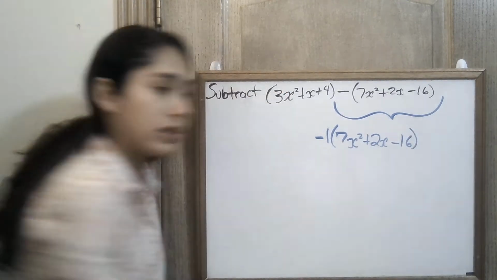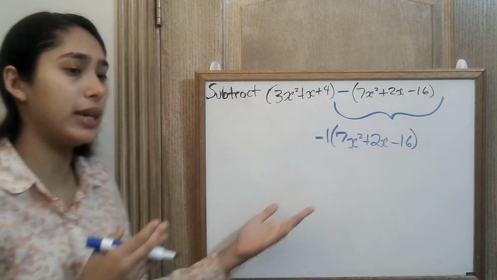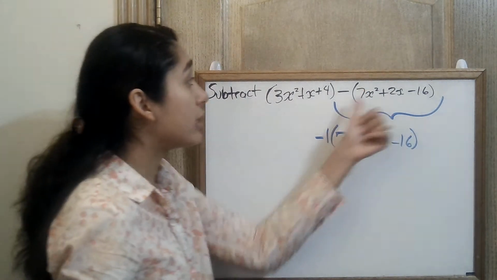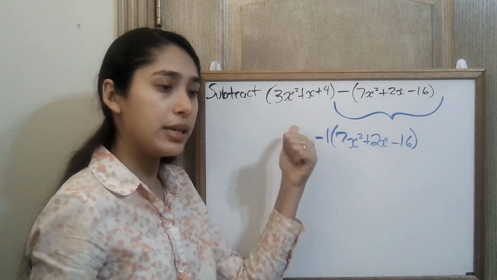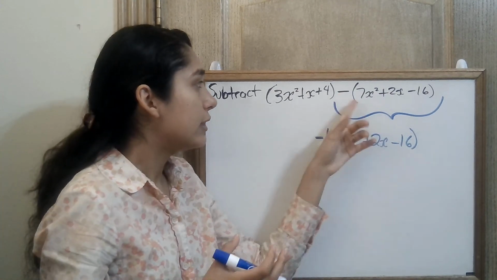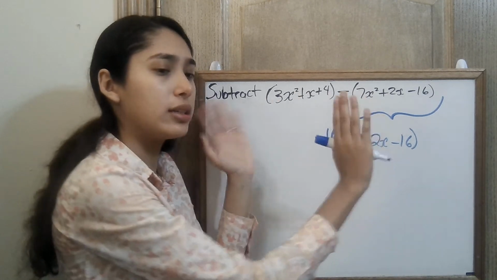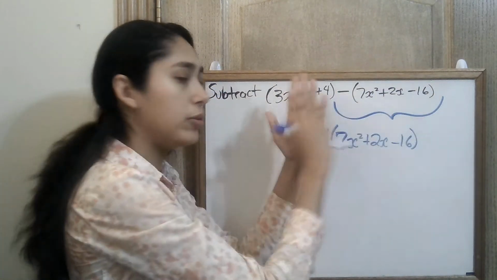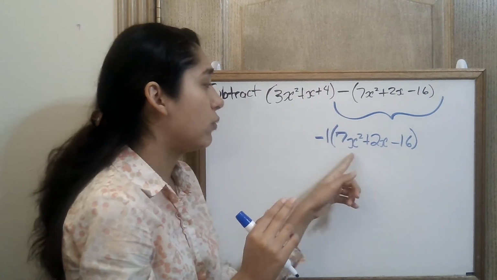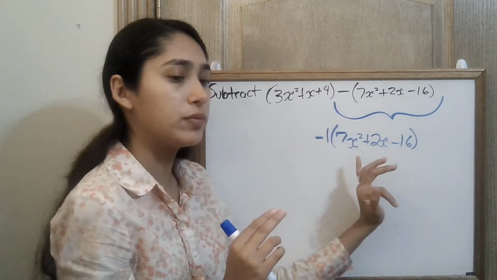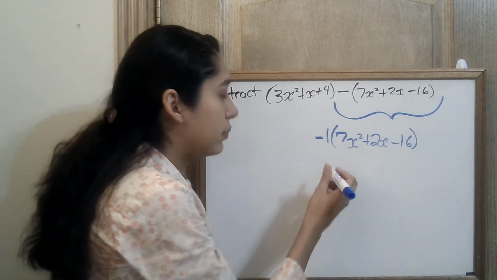So maybe you may be asking, well miss, we were doing subtraction, how did we get to multiplication? Yes, we are going to end up subtracting this polynomial from this one, yet in order to turn the signs, because when we were adding, we were just combining the signs together, which is like bloop, bloop. Here, we're going to need to distribute that -1 in order to make the reverse of the signs inside the polynomial. So if I go ahead and multiply